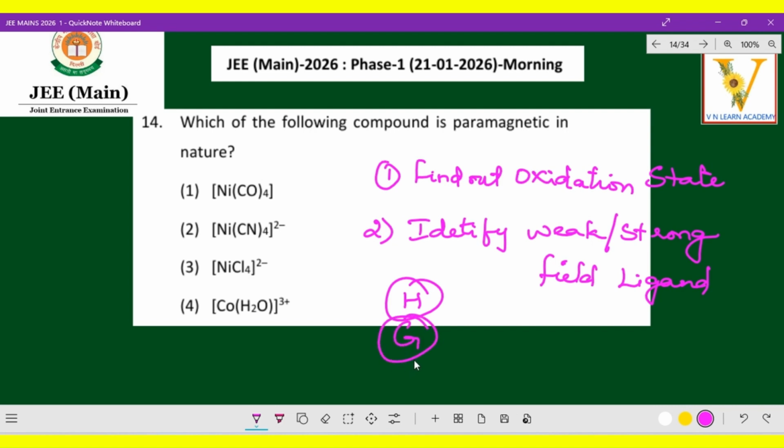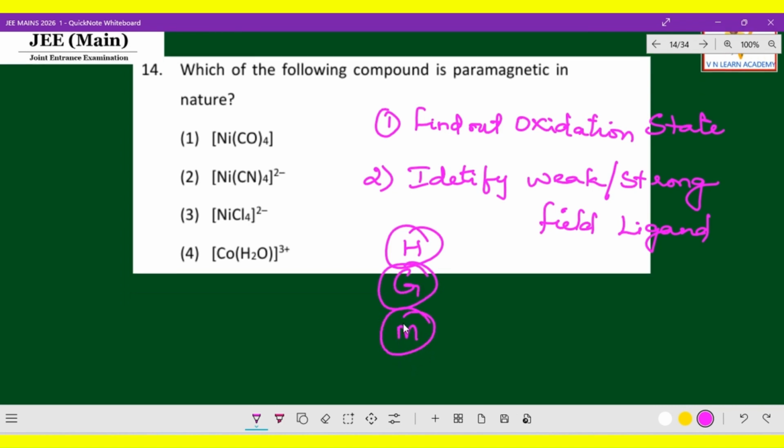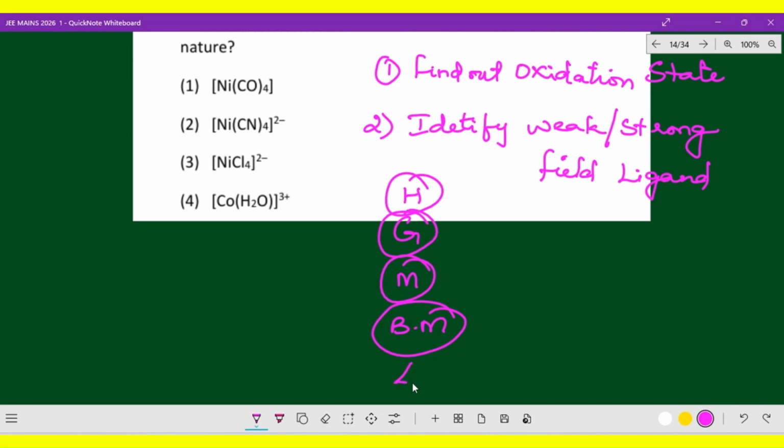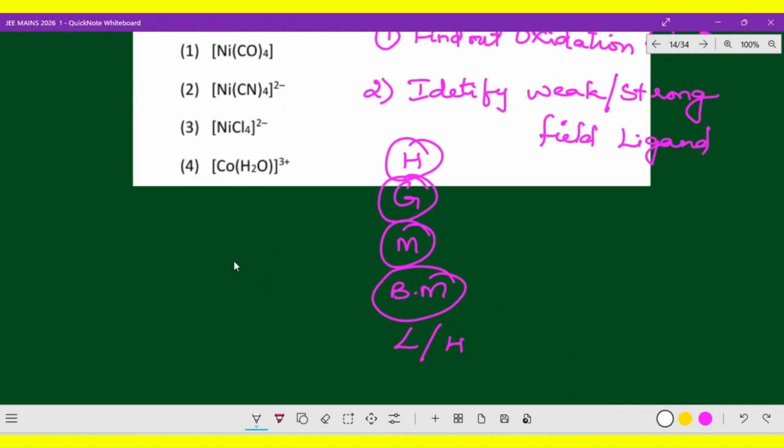These can bring out hybridization and geometry. The third one is magnetic property. And the next ones are Bohr magneton, and lower spin or higher spin complexes, which I just mentioned in a short way. Come on, let us check each and every point as we discussed. Now the first one,